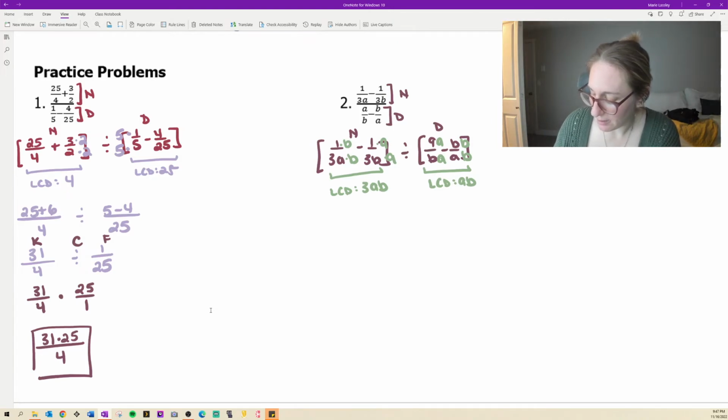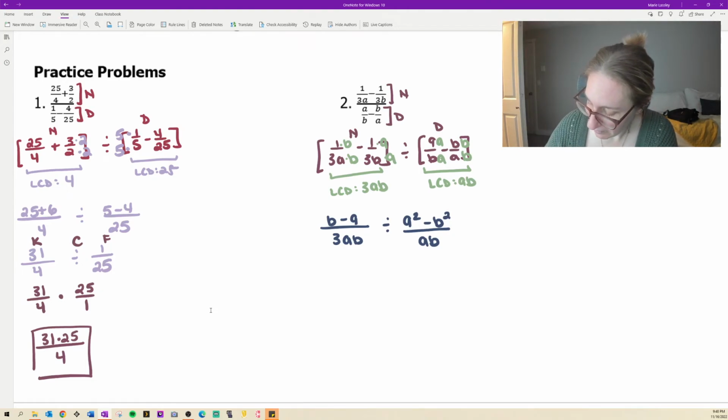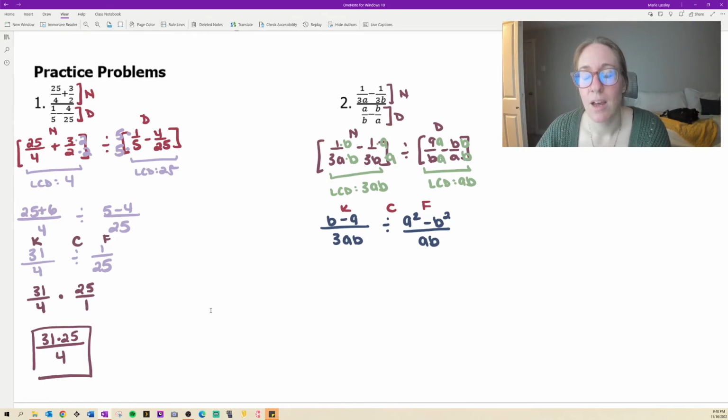All right, rewriting this, I now have b minus a over 3ab divided by a times a, so a squared minus b squared all over a times b. All right, so keep, flip, change. Okay, now as I do this, I am also going to be